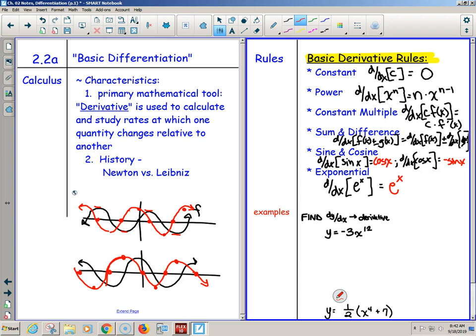The derivative of e to the x is e to the x. That was one of the extra credit questions on the summer package quiz. What? There's extra credit on the quiz? Yeah, there was another.